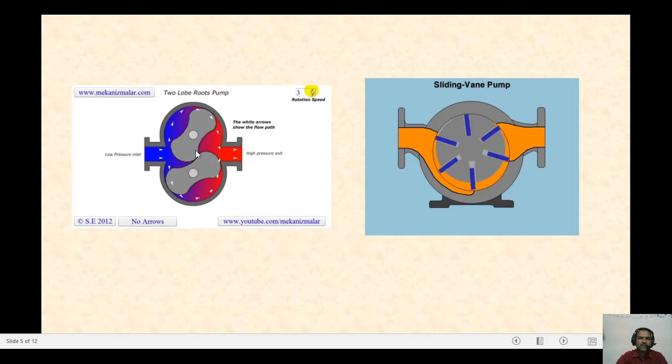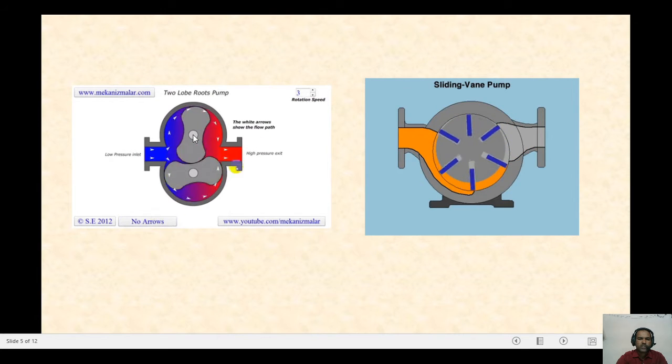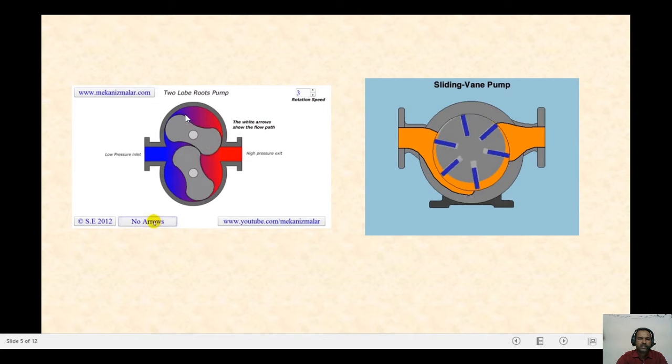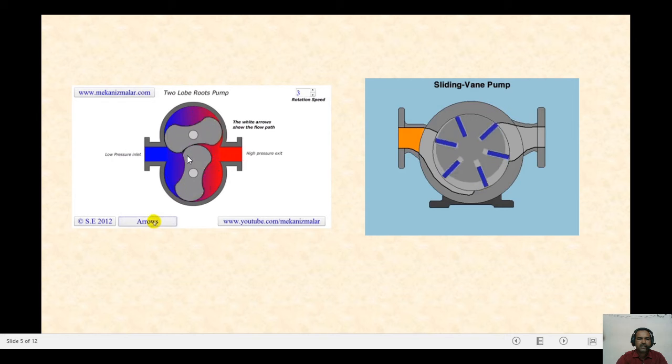So dear students, as we know, these 2 lobes are connected with the rotor. In this, what you are seeing is a rotor. These 2 lobes are connected to the rotor, and these rotors are fixed parallel to each other, this one and this one. One rotor is fixed to the drive, which acts as a driver, and the second rotor acts as a driven. The driver is connected to the motor.